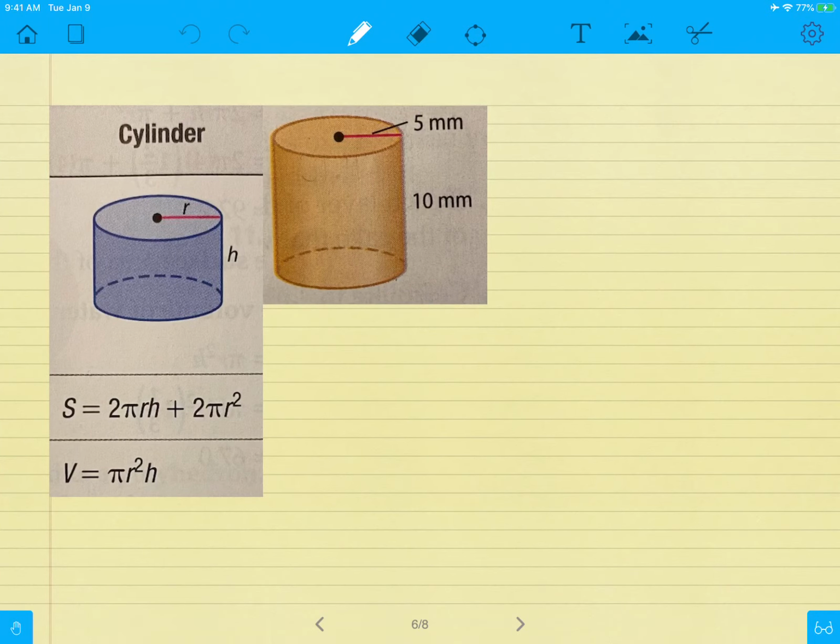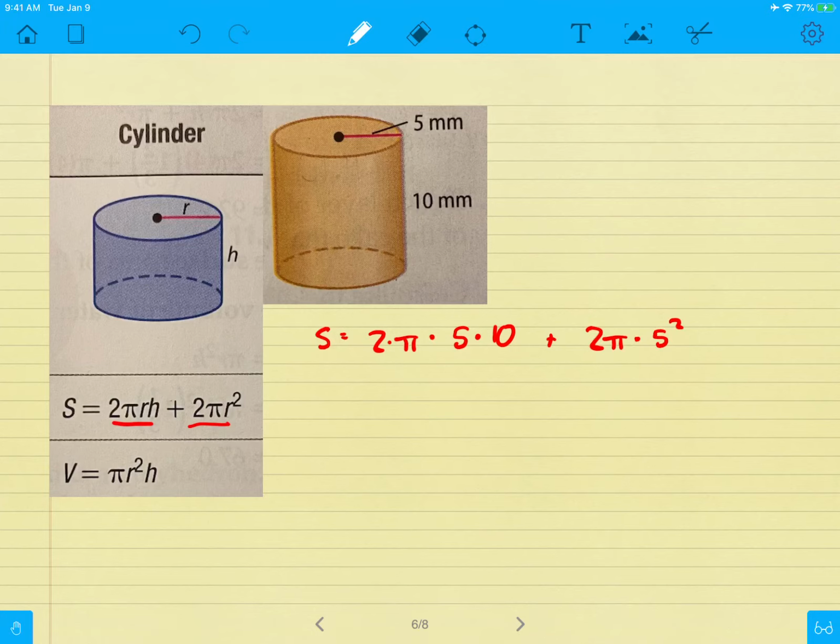All right, let's go to the next one. We have a cylinder now. Switch up the color again. All right, so for a cylinder, we have our total surface area. So surface area here is 2 times pi times the radius. My radius in my case is 5 millimeters times the height. Well, my height is 10 millimeters. So that's that part, and then we're going to add that to 2 times pi times the radius squared, so